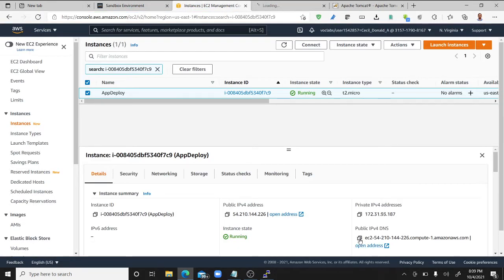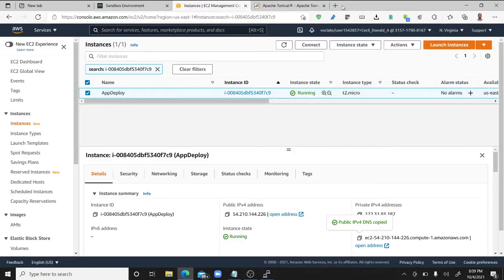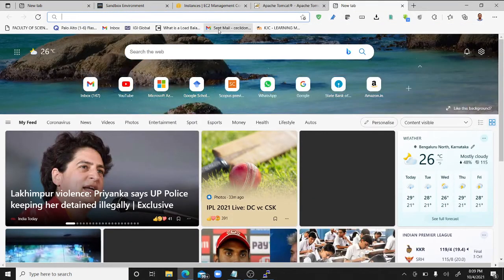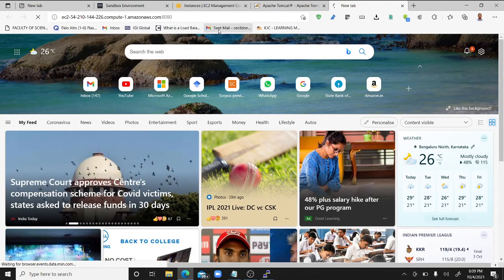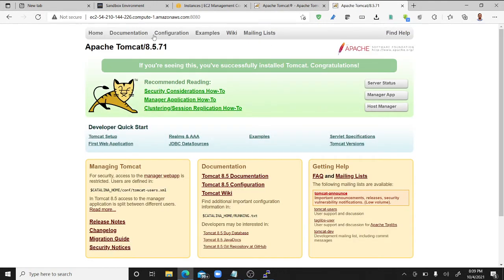I just want to copy this, not open. I'll just copy this, close this and open it in another tab. Colon 8080. Can you see here? The Apache Tomcat is now open. So can you see here we have used the DNS, colon 8080.